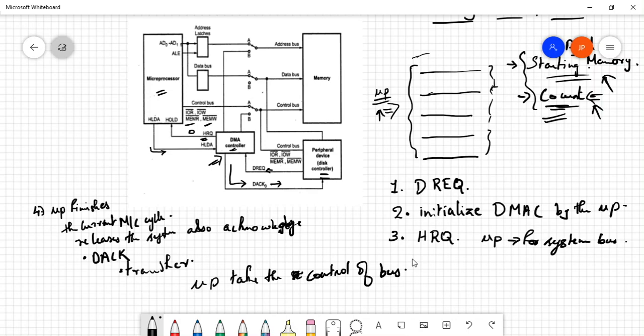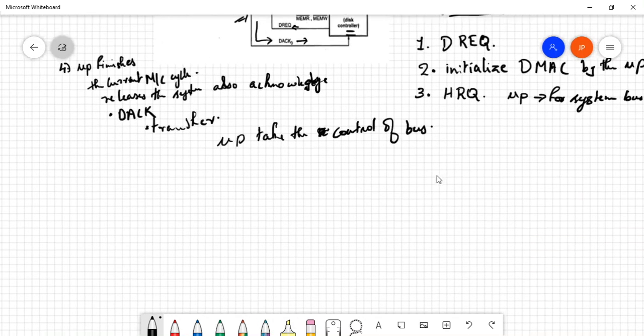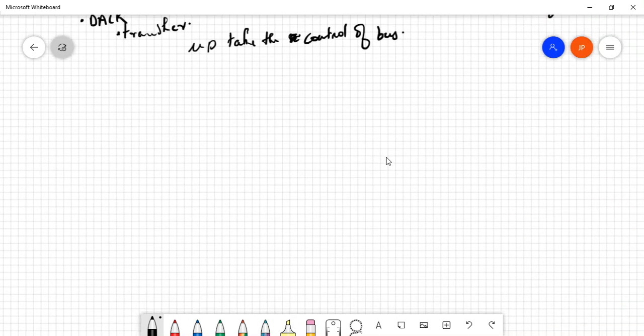Now there are a few modes in which the DMA operates. One of the main modes of operation in which the DMA operates is the single byte transfer mode.